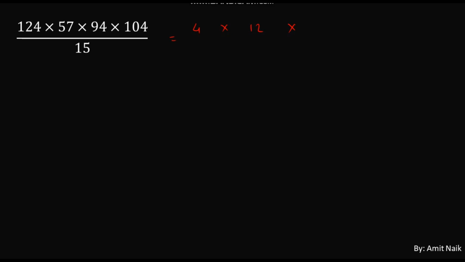15 6's are 90. The remainder is going to be plus 4. And then 104 by 15. Now 15 6's are 90. The remainder is going to be 14 here. Now you see, this is where I decide whether I go with positive remainder or negative remainder. So here I'm going to get bigger numbers, right? 14 and 12. So instead I'll go for negative remainders. So if it is plus 12, then it has to be minus 3 because the divisor is 15. So I'll prefer minus 3 here. Okay, then plus 4 is a small number, then instead of plus 14 I will prefer minus 1.